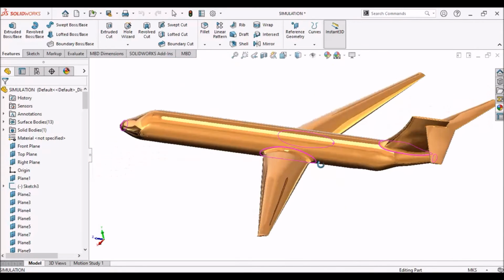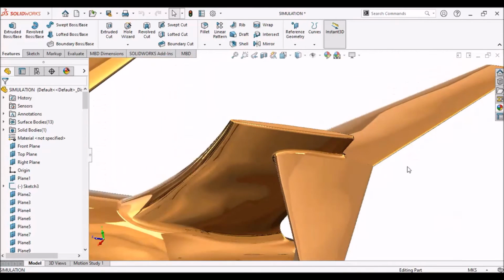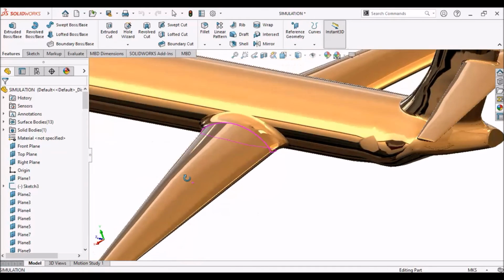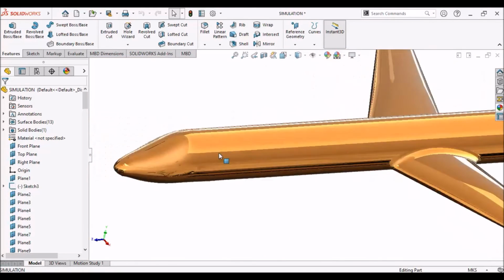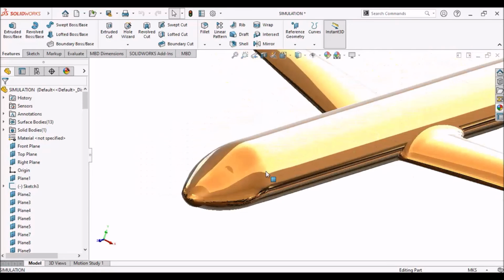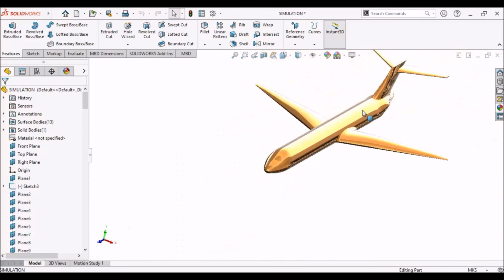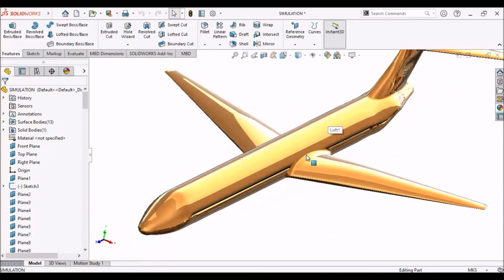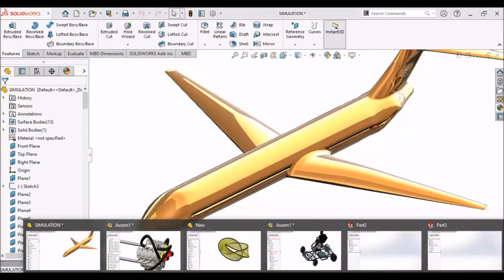We can design deflectors, and we can design the wing shapes, like how the shape of an aerodynamic body will sustain with air, and we can perform many things. We have to apply many features, like surface and solid modeling features. Yeah, it's very good.